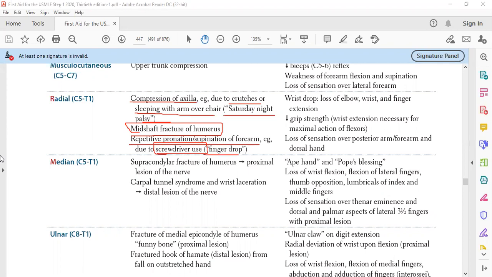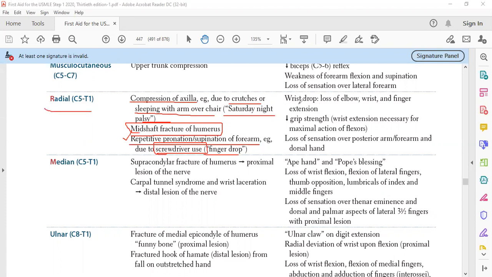So if there is like, if you are playing that game, Lok ki chupa ke dumerata ije, jera ke piche bekhyo disha mat aije. So if you are playing such a kind of thing, it will cause a repetitive pronation and supination of forearm. For example, due to the screwdriver use, and it will cause a finger drop, wrist drop basically. So